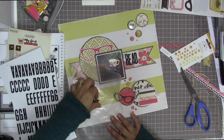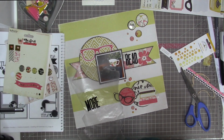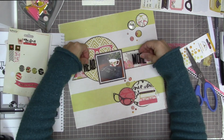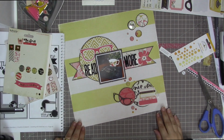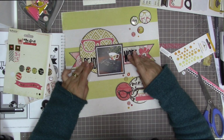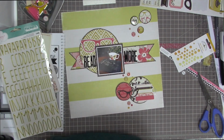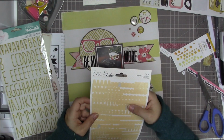Yes, so my title here is going to be read more, not more read, read more. And I'm just putting it on wax paper and cutting it out so that I can play around with a couple of different compositions here. I was pretty sure I was going to put it here, but I wanted to have the option of trying it out in different places. But I like it so much here. I like how it's sort of like the title is bookends for my book. The book is in the middle, and then the title is on either side of it, and it's lined up right nicely, like